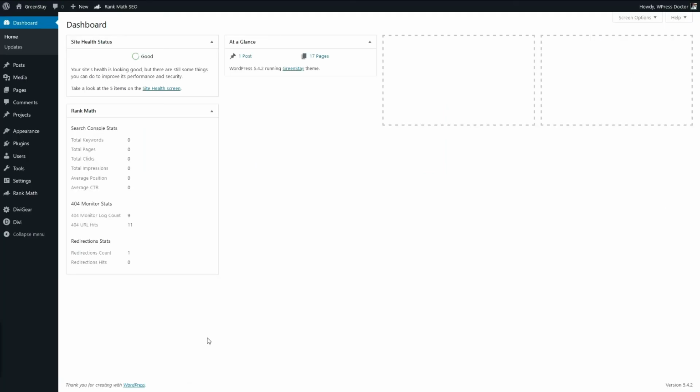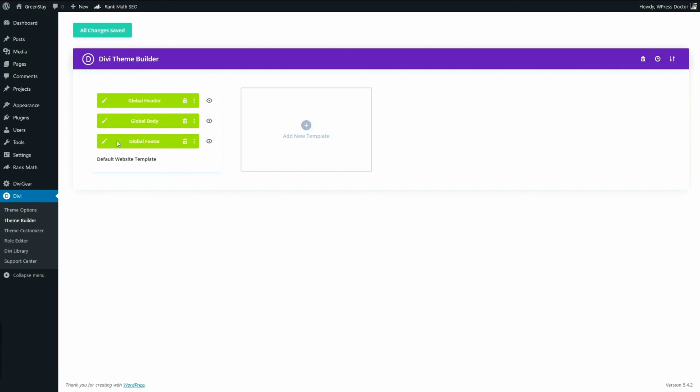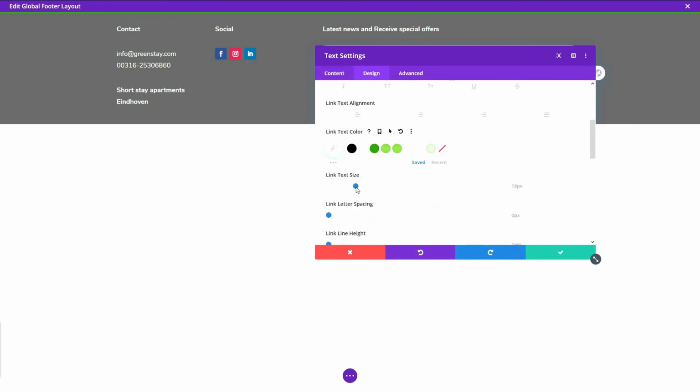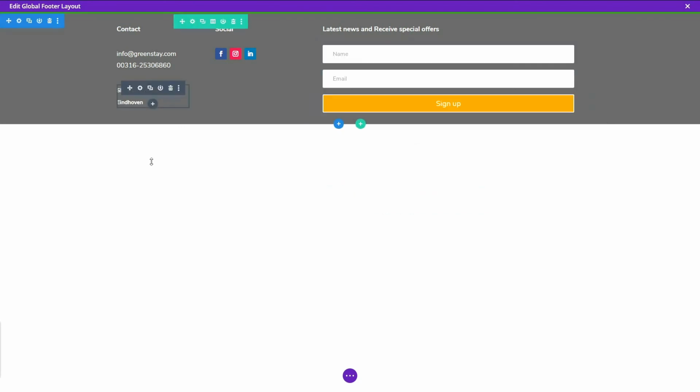A good question is, how do we get link value to that landing page we just created? Well, one method is using your footer on your website. And you can just add your landing pages right here. Of course, this is a little bit ugly, so we're gonna change this to white and make it a little bit smaller. And you could add your landing pages in the footer right here. So all the pages of your website will drive link value to those landing pages we have just created. That is one way, and in combination with external link building, those pages will rank higher in Google.